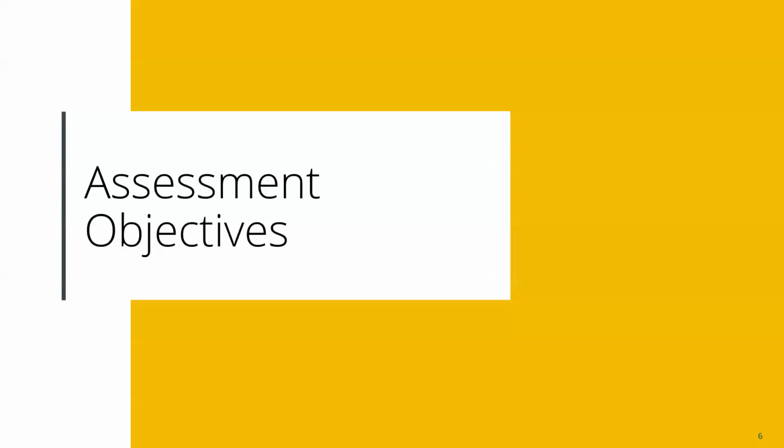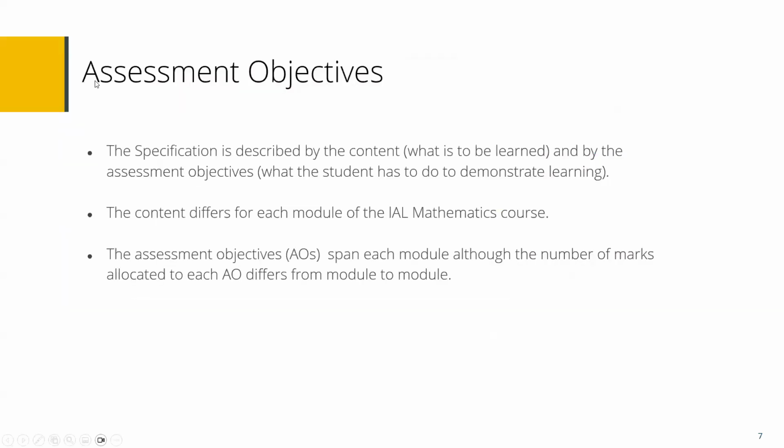So if I now go into the assessment objectives, just to explain a few things here. I mentioned last time that we need to be following the specification and not certain textbooks. Textbooks are there to support us with the teaching, but it's the specification. Whenever we buy new textbooks, we need to ensure that they cover the specification thoroughly. And if a textbook does emphasize one topic or another, make sure the specification does the same.